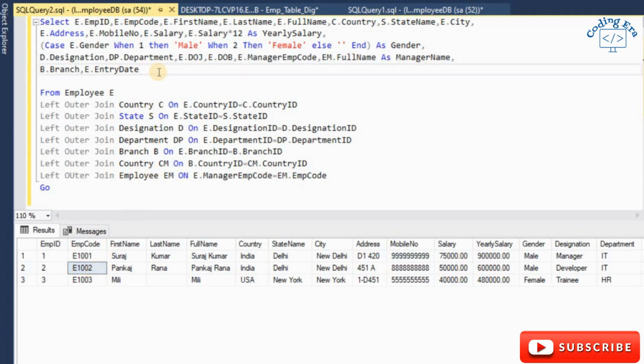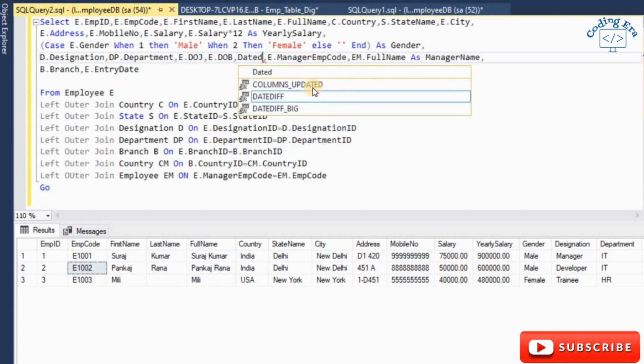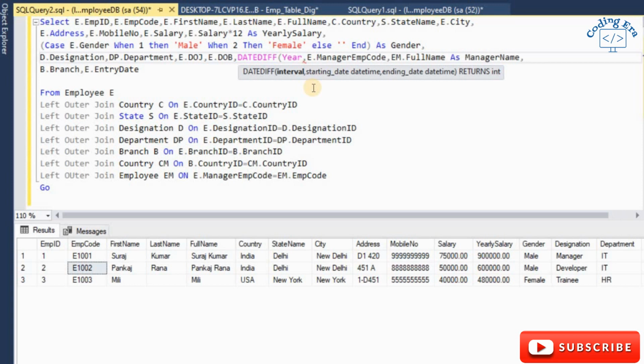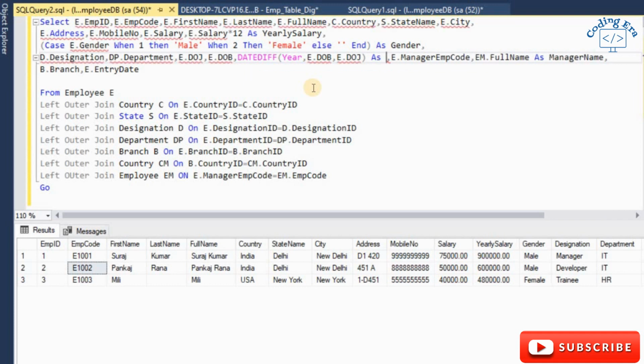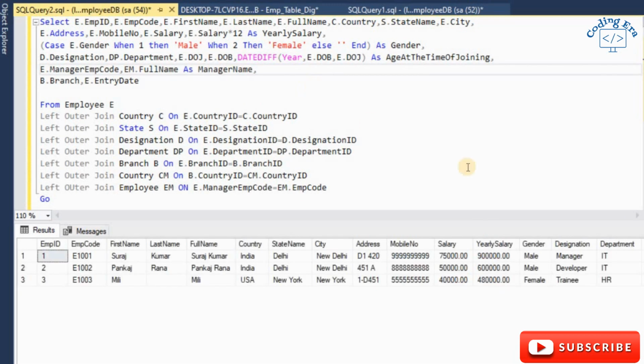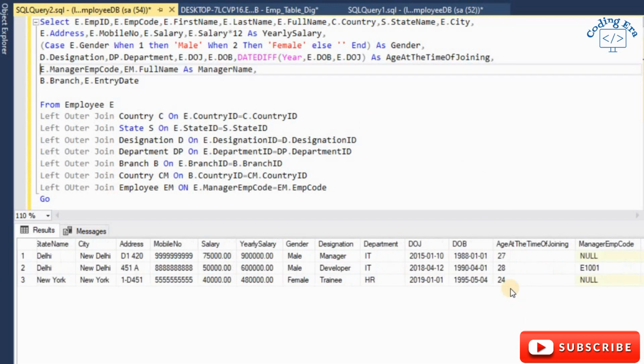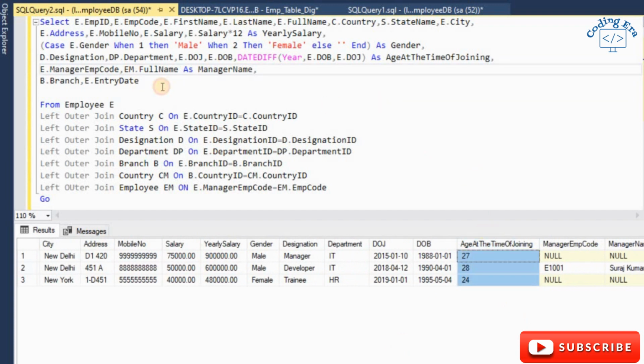Okay, and if you want some other columns, like age at the time of joining, then you can write DATEDIFF year, E dot DOB, E dot DOJ, as age at the time of joining. Okay, so you will get here age at the time of joining.